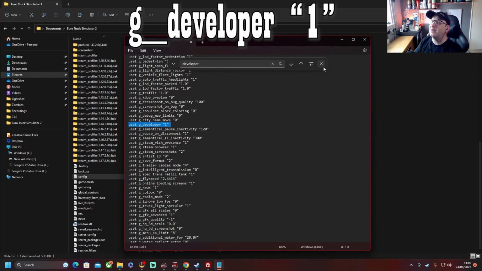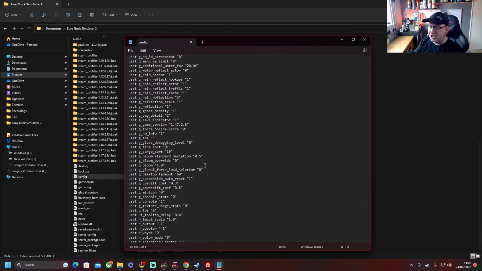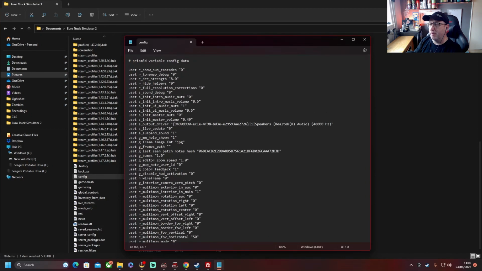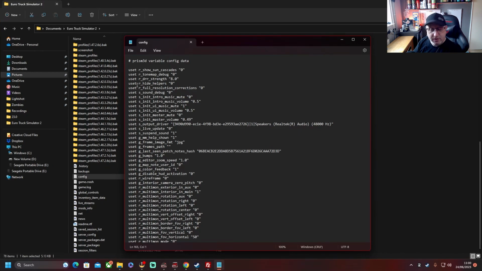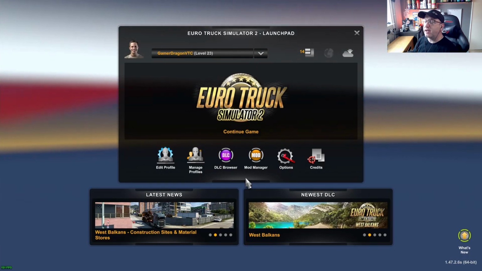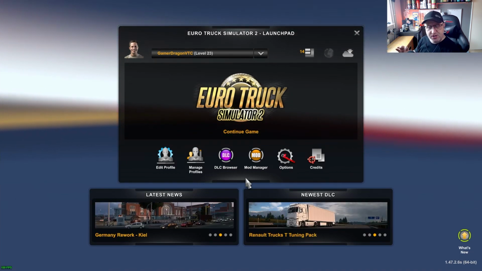Once you've done that, you don't need to search. You can just scroll down and look for g_developer and g_console if you want. But once you've done that, you click your file, click save, and you're all good to go. Okay, so once that is done, then you can just load up ETS or ATS, depending on which one you've chosen. Okay, so once everything's done and ETS is all loaded up, you now need to work out what mods,